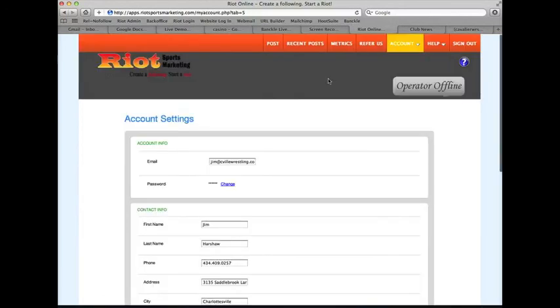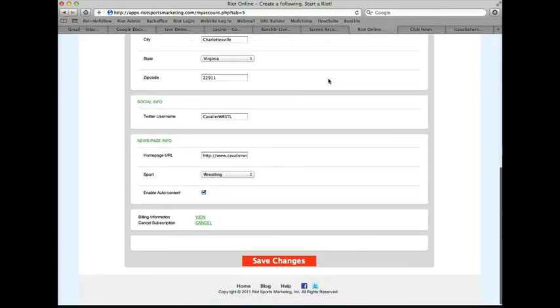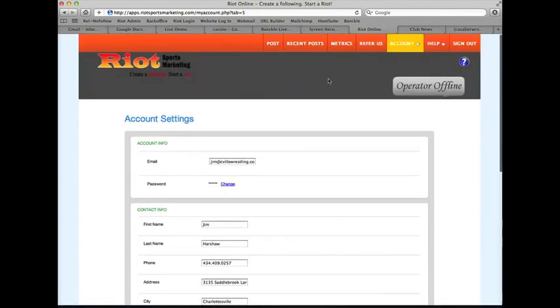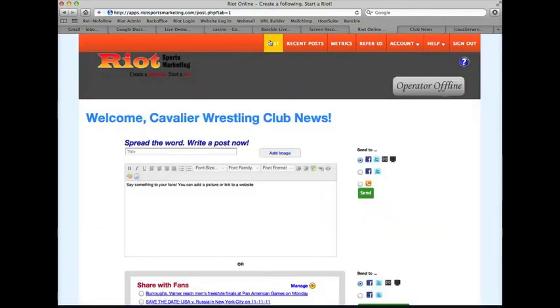Last but not least is your account settings. You can come up here into your account settings and edit your basic settings there. We're constantly adding and updating our features here on Riot, so check it out,